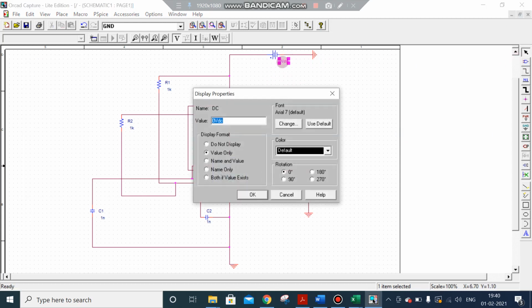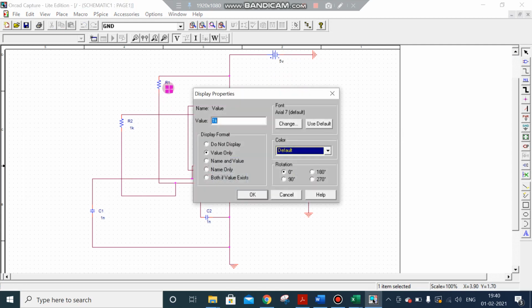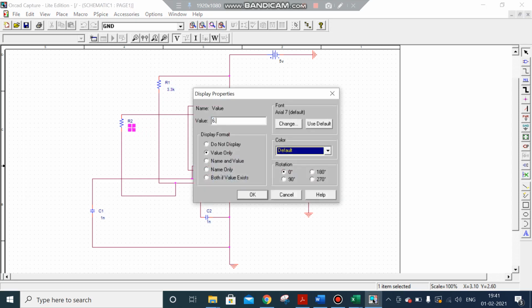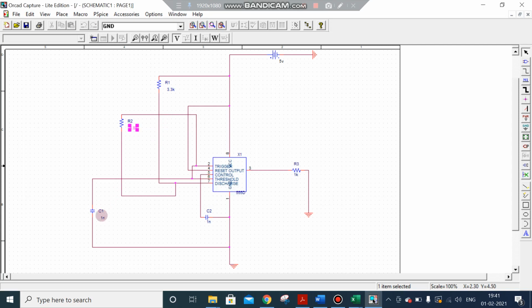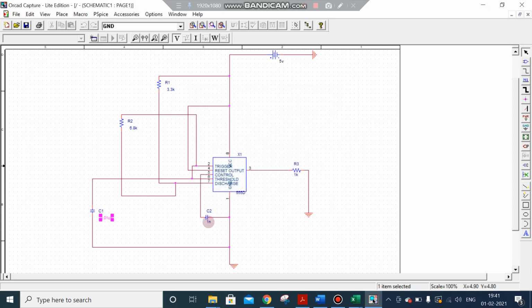We can change the values. This is 5 volt power supply, this is 3.3k resistor, this is 6.8k resistor, this is 0.01 microfarad capacitor, this is 0.1.